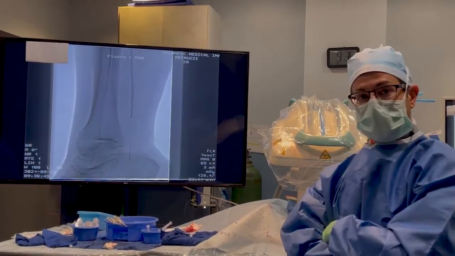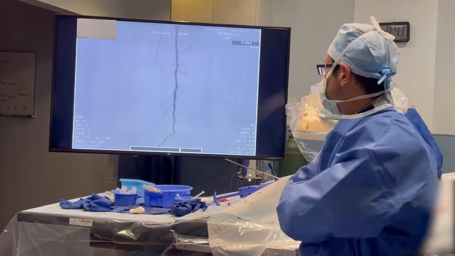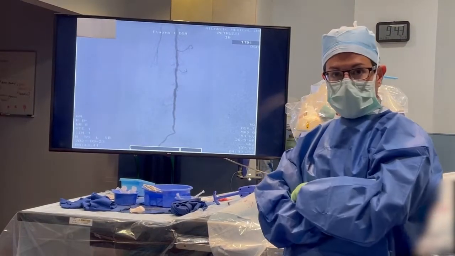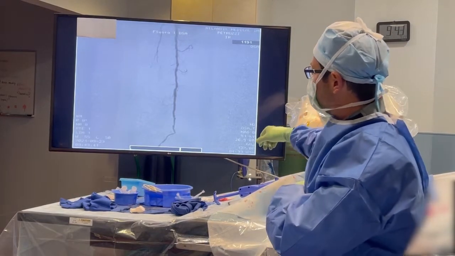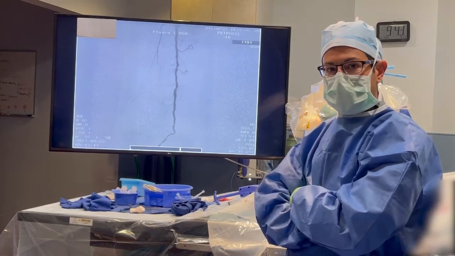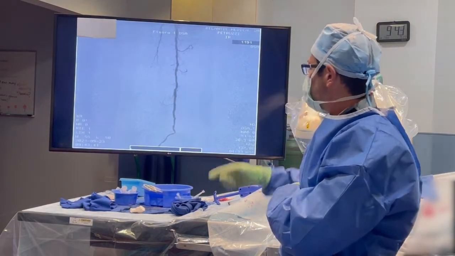So I'm going to let this sit for a minute, and then we'll check right back in, and then we're going to show you the result. Okay, so now we've performed the atherectomy as we spoke about, and the angioplasty, and we took another x-ray picture, another angiogram after the treatment, and you can see now that that artery that we've treated has nice straight line flow,